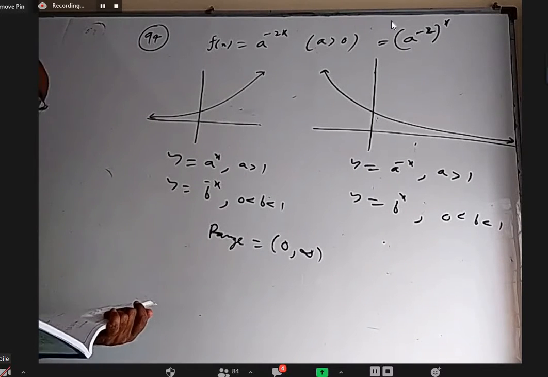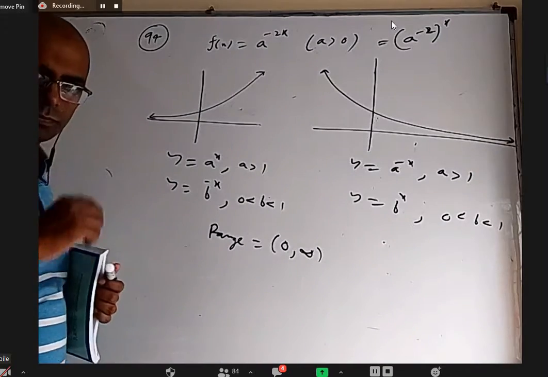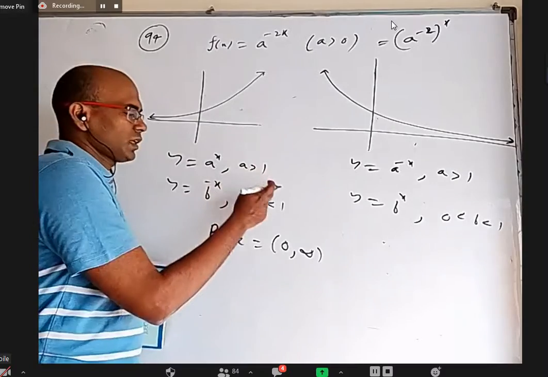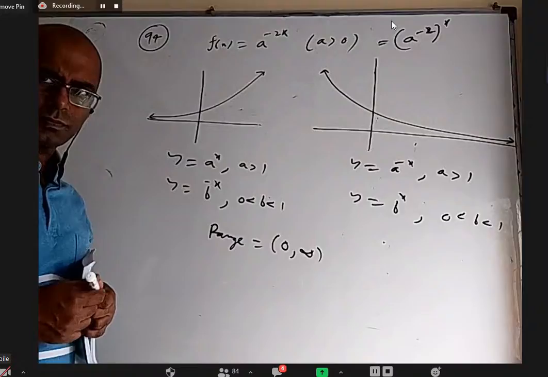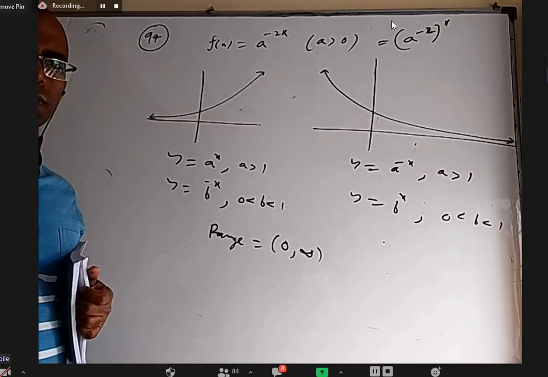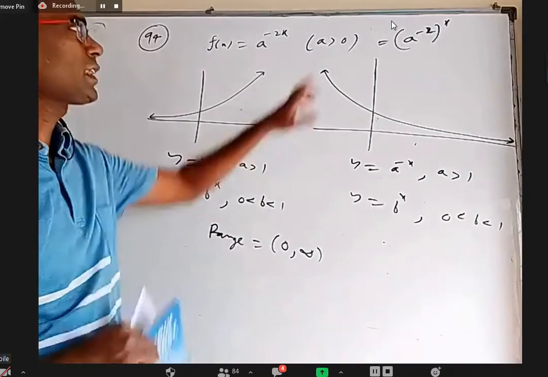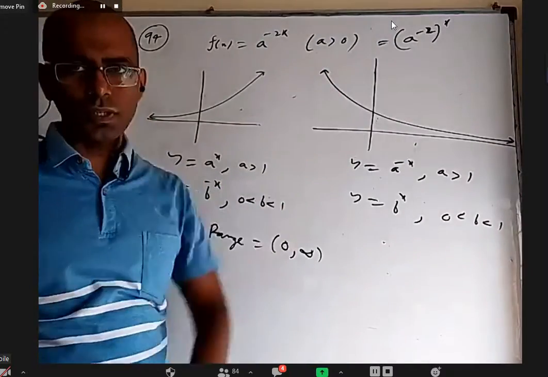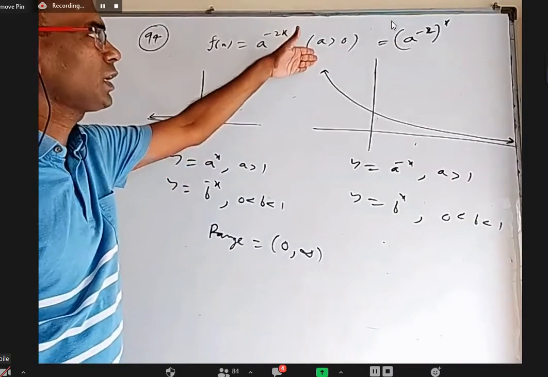Sir, what is b? What is the b? What is a also you can ask. a is some number more than 1, b is some number between 0 and 1, I'm saying. Sir, they give a greater than 0, so we'll take the same one, like a greater than 0 means a greater than 1. Yeah, a greater than 0 has two cases, whether it is between 0 and 1 or more than 1. If it is between 0 and 1, the graph would have been this.